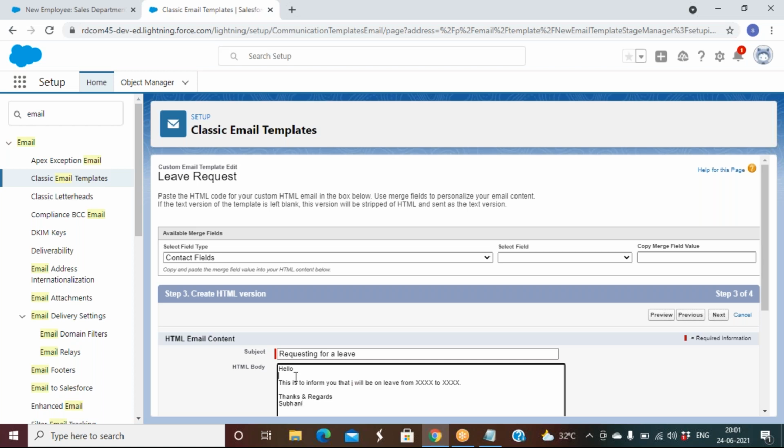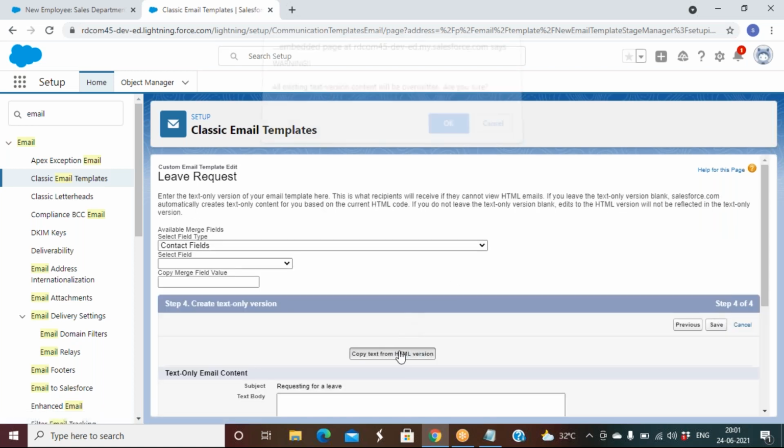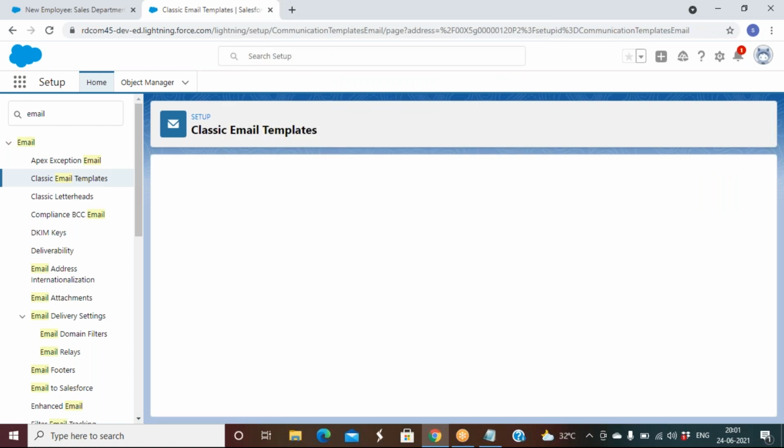So we have to write a BR here. BR is used to break the lines. It's an HTML syntax to break the lines. Okay. Next.